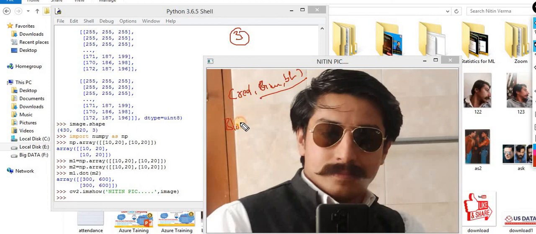If you want to represent black, everything should be black. So what you will do? You will set all the values to 0 in this tuple, and now it becomes the entire black image. Everything will be black. For white, let's suppose you want to represent white, it is 255, 255 and 255. So every pixel is white, and this entire area will become white.